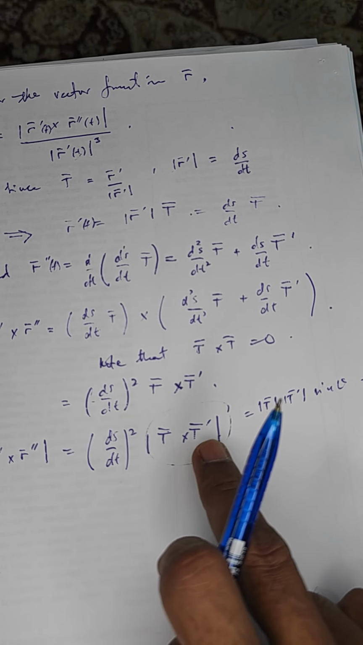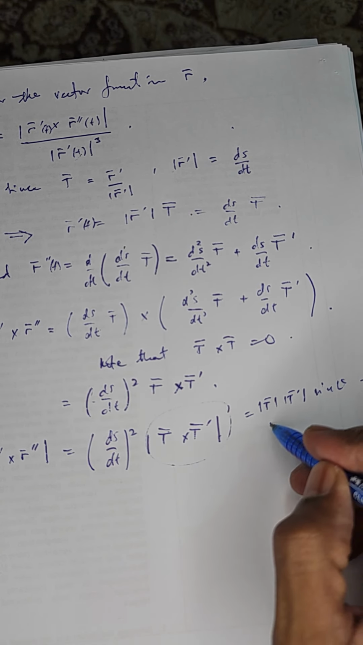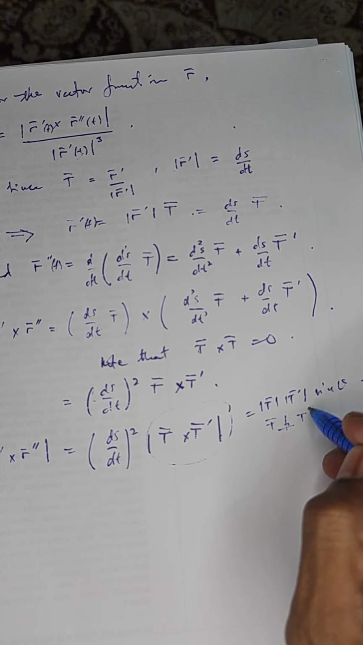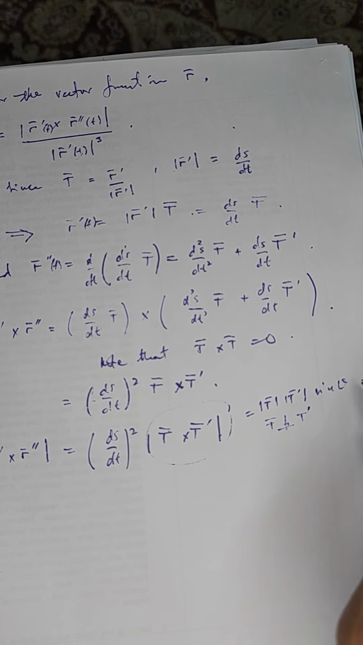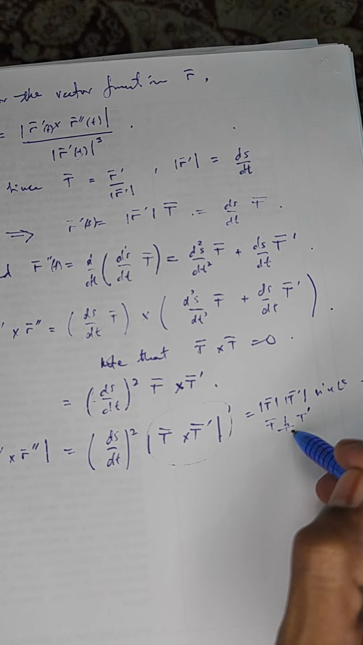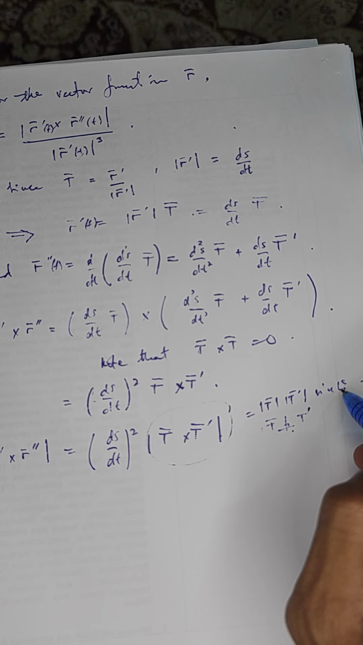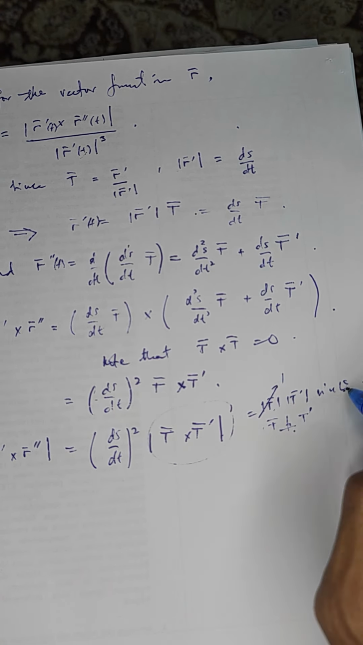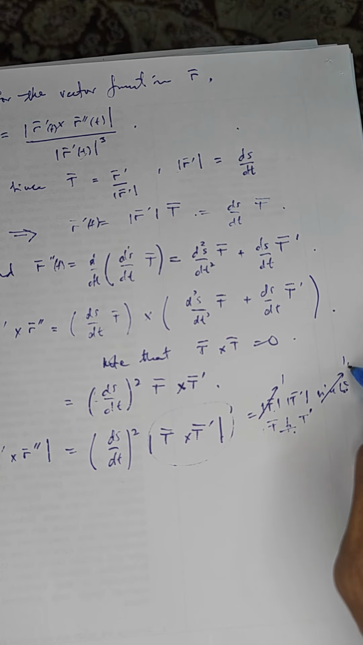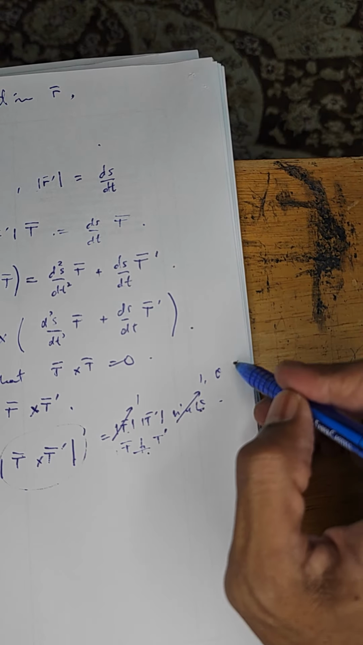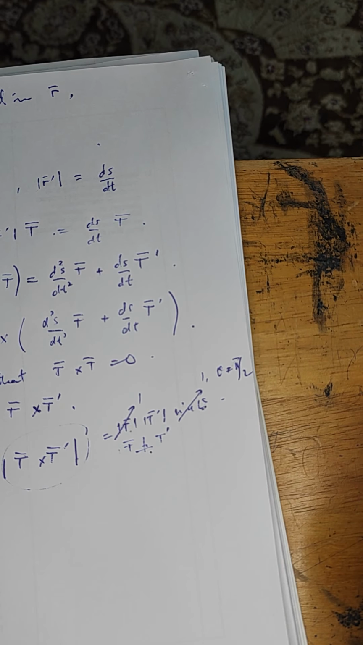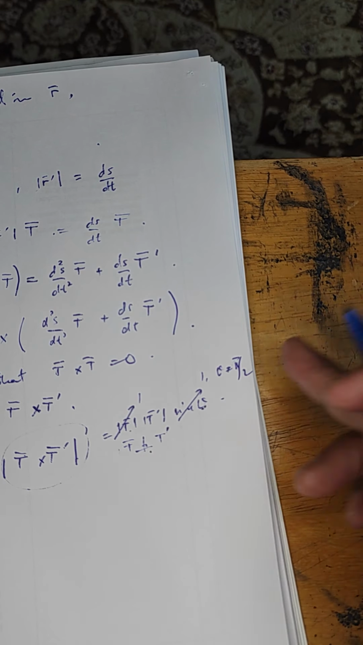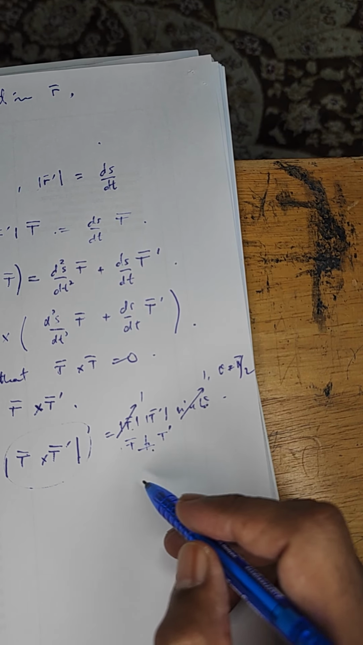And the angle between T and T prime is always perpendicular, which means theta is pi over 2. So sine of pi over 2, you get 1. Magnitude of T is 1. So this is 1. This is 1. Because theta is the angle between T and T prime, and they are perpendicular. So that's the thing. So what is left is